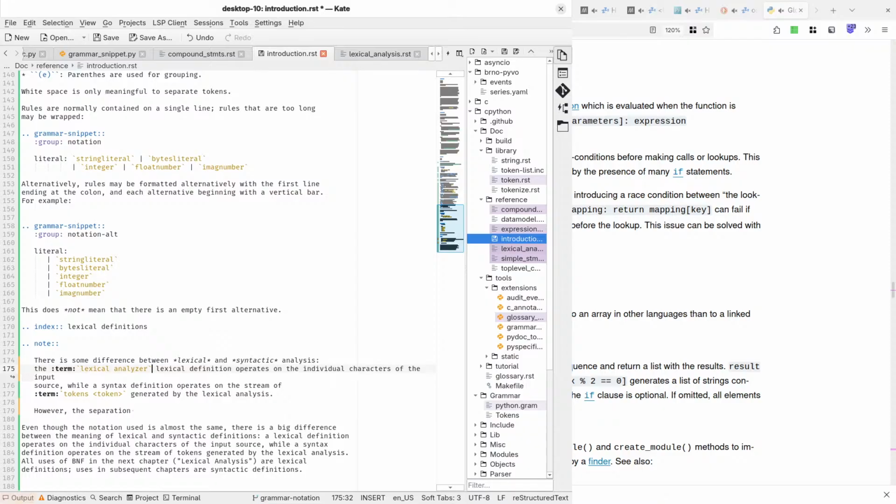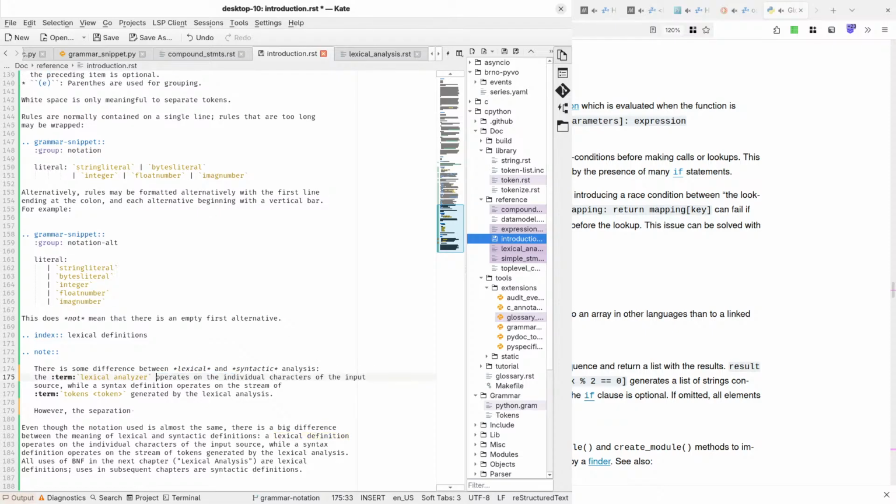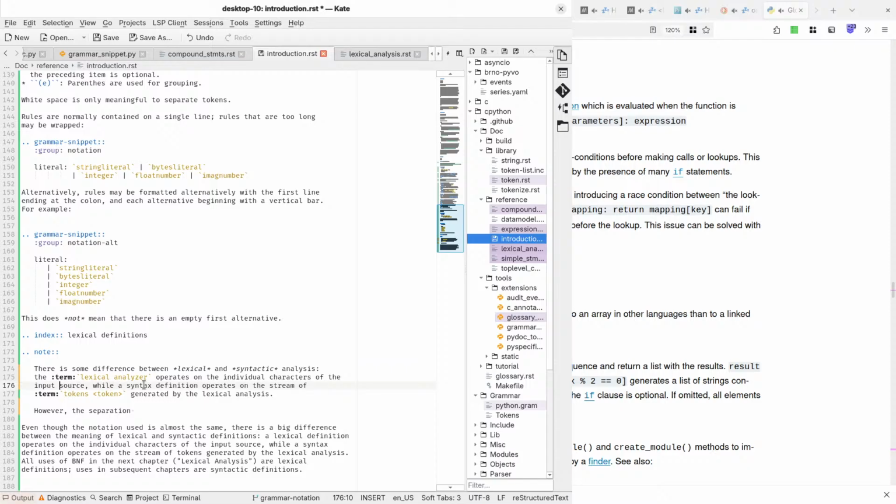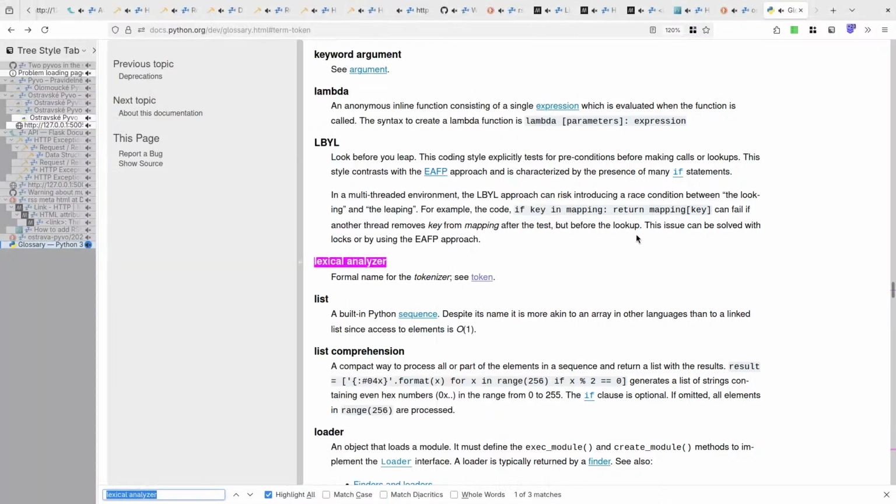That's basically up to the implementation now. While the other one, so syntactic, while the compiler, parser.